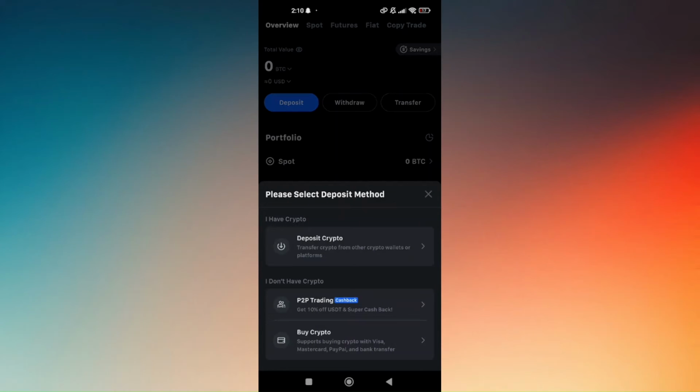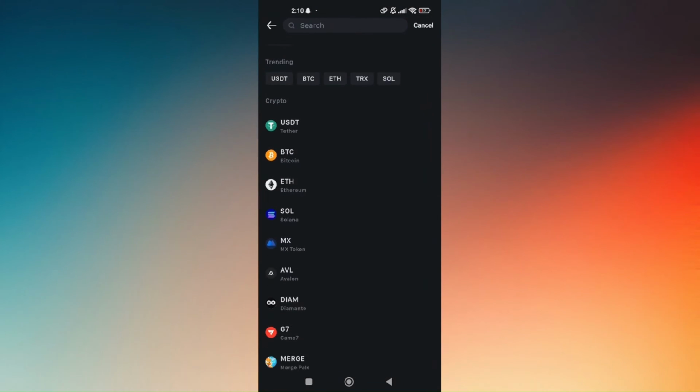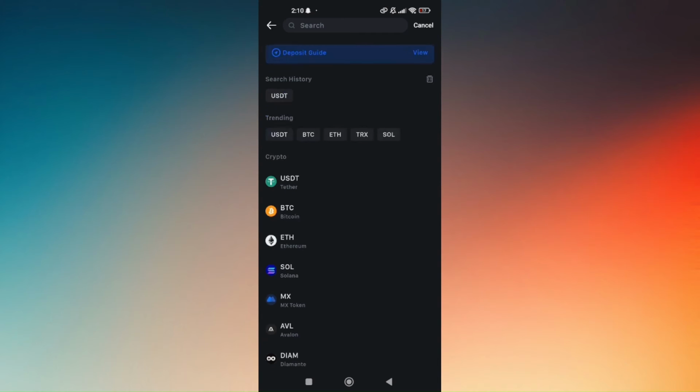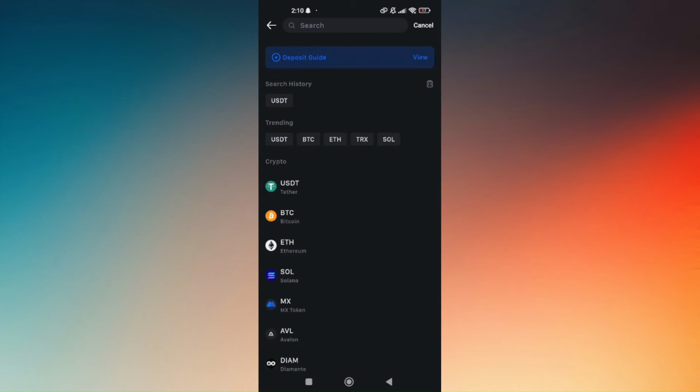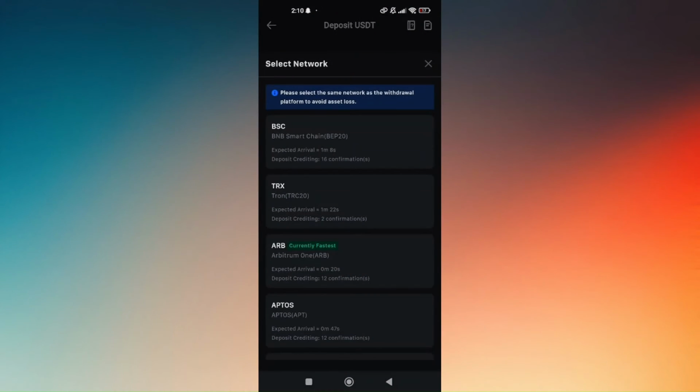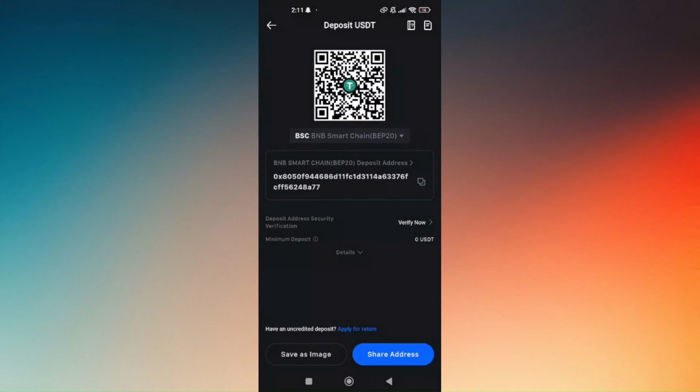Since you'd like to deposit any amount into your MEXC Global, just hit deposit crypto and then choose your desired coin. For example, USDT, and choose any of the networks you want. For example, choose BSC, and then here MEXC Global will generate a unique QR